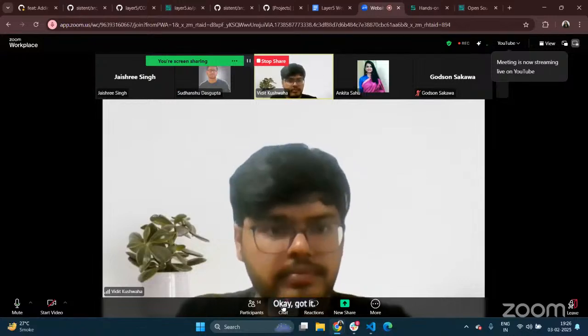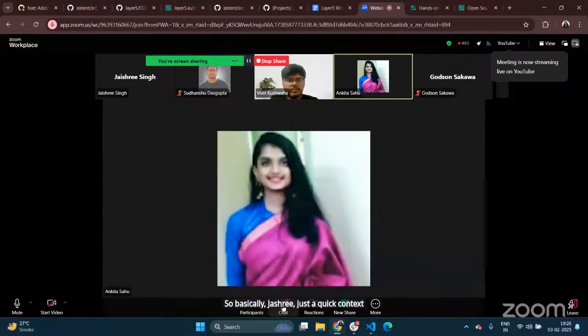Basically, Jayashree, just a quick context. To enlist this component inside the doc, there is a file. You need to add this entry, and then you can see it on this page. It's inside the same repository that you're working on, and you have your PR raised. Vidit is someone who has been initiating this, and he has a training. Vishal already has added a link to that training session. You can click on it, go ahead and check that.